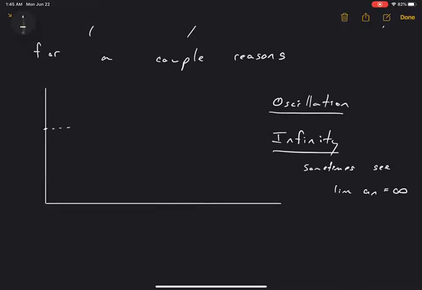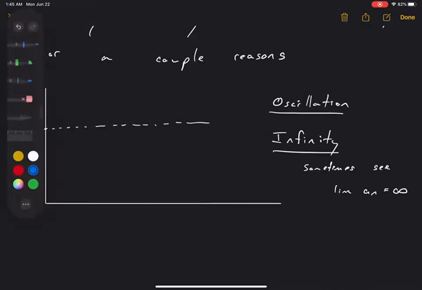Let's say I have a line here, it doesn't matter where it is, and let's plot a sequence, okay? Maybe my sequence is here in blue, and maybe my sequence just keeps bouncing back and forth around this line, okay? It never gets any closer to my white line, right? So this sequence doesn't have a limit,